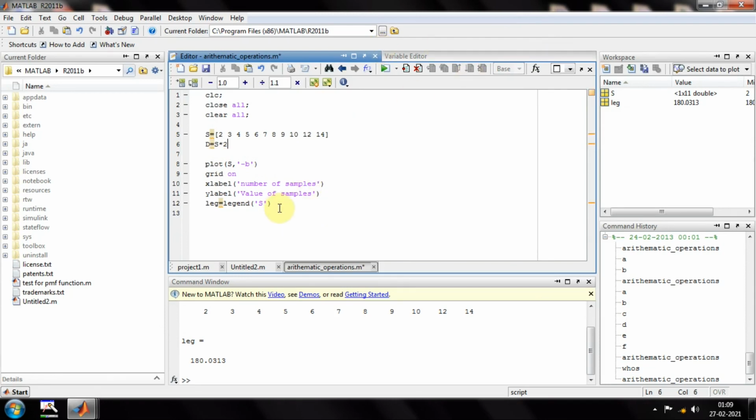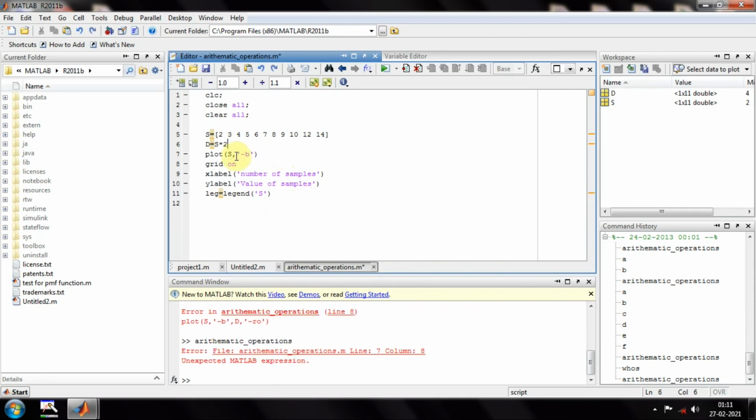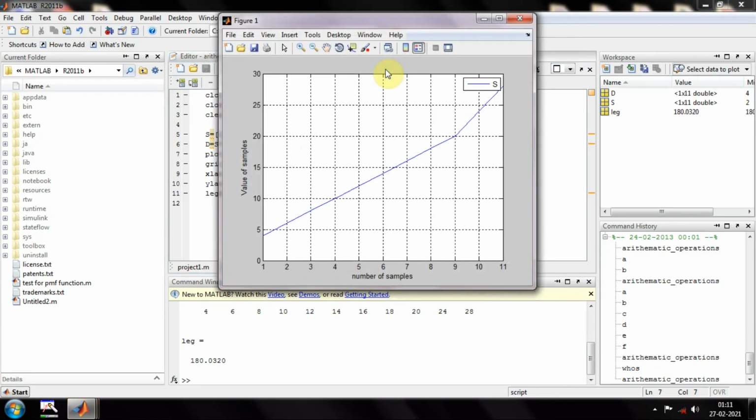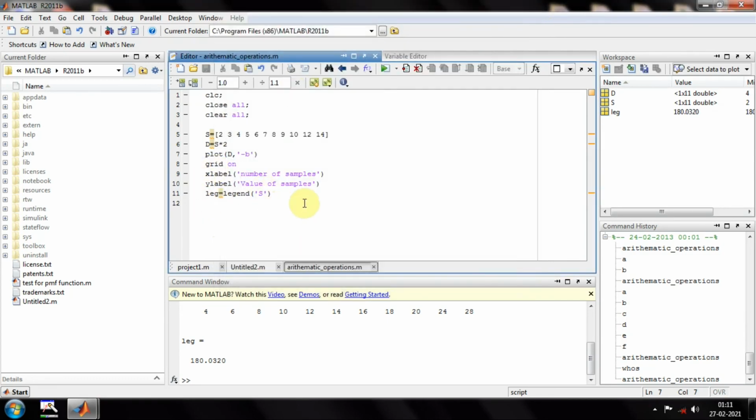Now I want to plot ys comma minus b, and after that I want to plot another one as well. Instead of ys, I will plot d. Now you can see the values have changed in the output. So like this I can play around with these things.